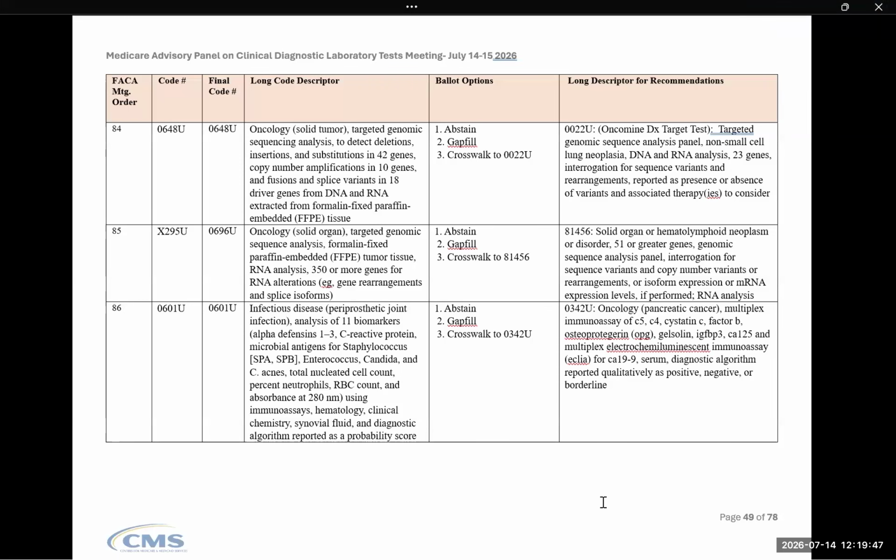So I think at this time, to give the folks enough time to double check some of the ballots and the long descriptors that we have here, I know the agenda said that we were going to take a break at 12:30. We are going to start that lunch break now to make sure that everyone gets a nice full lunch. So we are going to pause at this time for lunch. We will reconvene the afternoon session at 1:30 Eastern time.